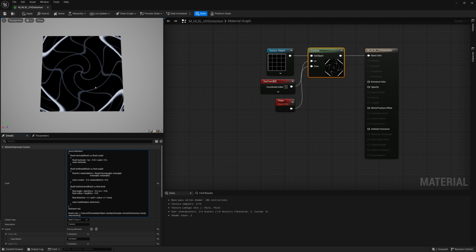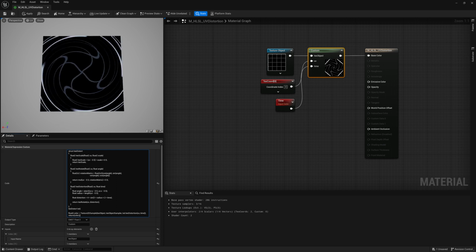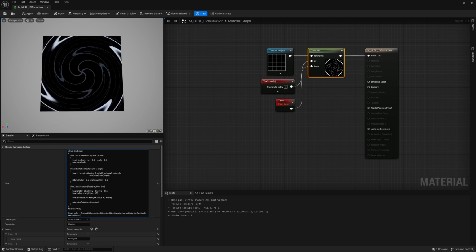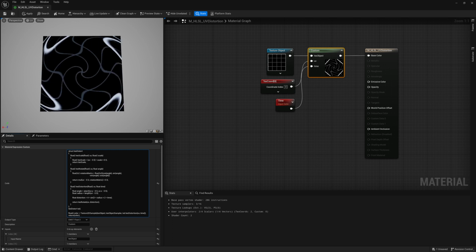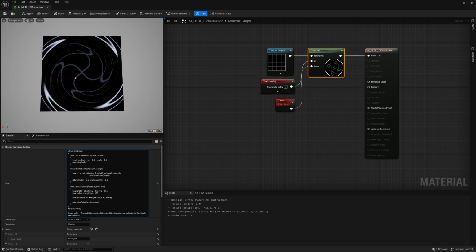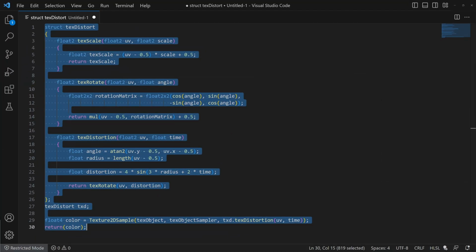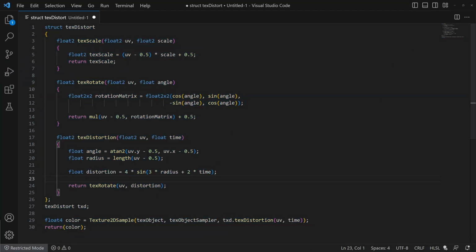And even though this is pretty cool, we get some pretty interesting distortion, we might want it to have more of a kaleidoscope effect to really start to distort more parts of this. So I'm going to go back to the code and add one more thing here. I'm going to add one more layer of distortion. So I'm going to create another variable,